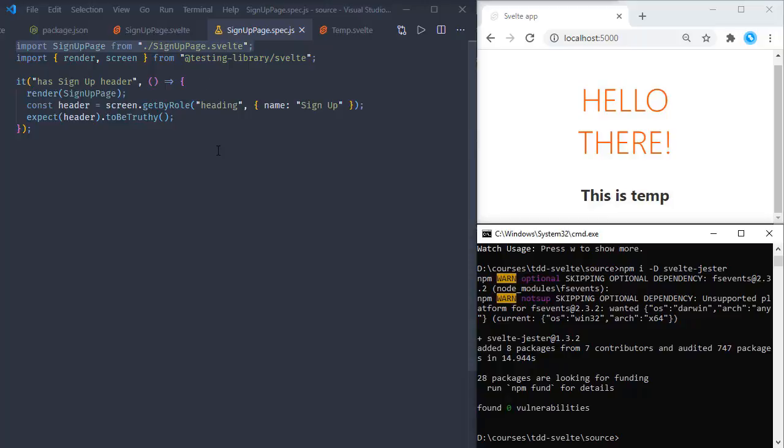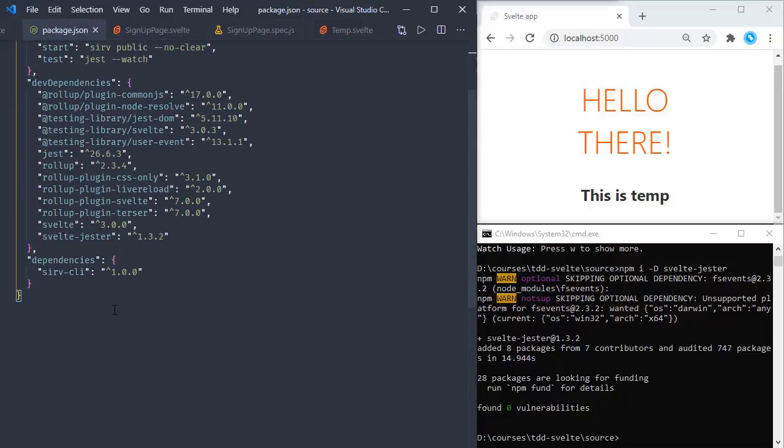Now we are going to configure the jest to make sure it is transforming these Svelte files before running our tests, and we do that configuration right here in the package.json. Here we can add another property which is for jest, and we can define the configuration for it. And one of the configuration we are going to set right here is transform,